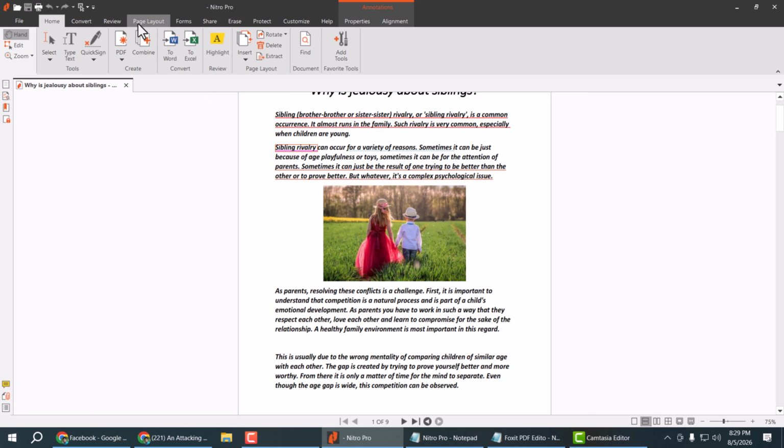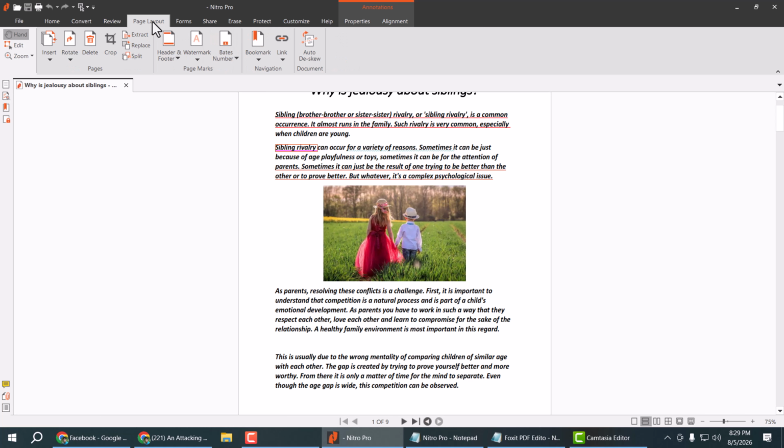Now select the Page Layout option in the top menu bar and here you will find this Header & Footer option. Click on this down arrow. You can apply it to a company logo or so on. Click on this Manage Header and Footer option